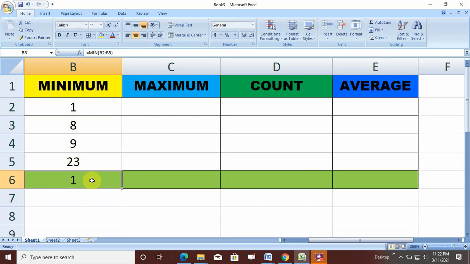So you will get the minimum value in this set of data, that is 1.